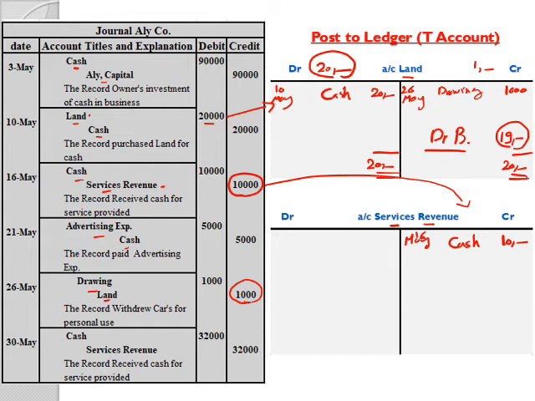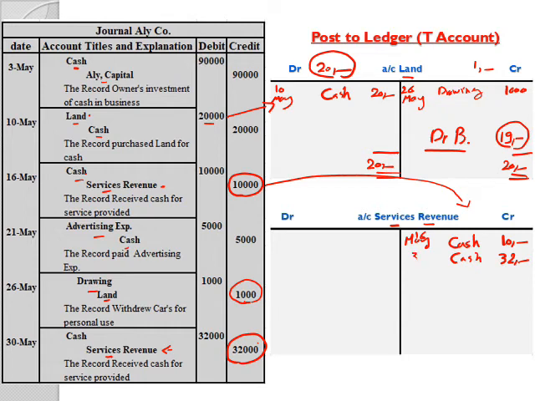Advertising expenses to cash, drawing to land, cash to services revenue. Record services revenue in the credit side, amount in the credit column, transfer to the credit side 32 cash,